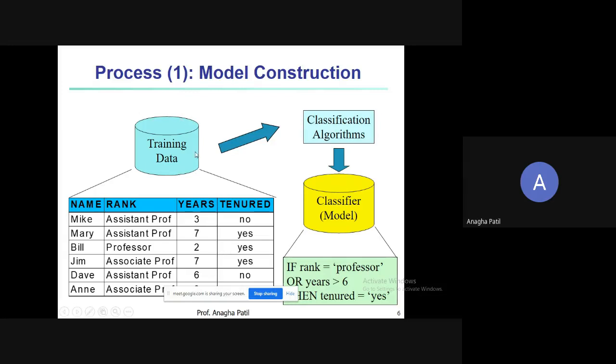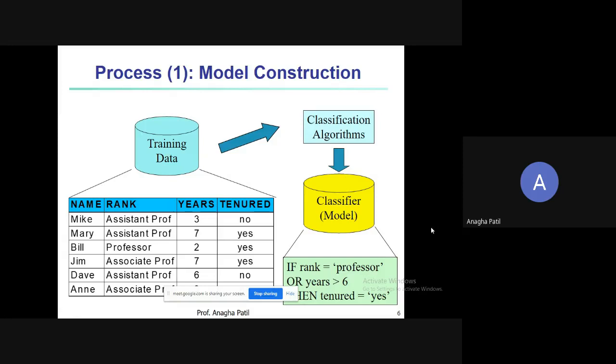So these are the rules that would be set into this particular training set, and hence we can have a classification algorithm saying that if the rank is assistant professor and the years spent are, let's say, greater than or equal to 7, then tenured is equal to yes. And if it is less than 7, then tenured is equal to no. If the rank is professor, then tenured is equal to yes, whatever is the number of years spent. So we'll set these rules into this classifier. Based on that, we can simply classify the data record.